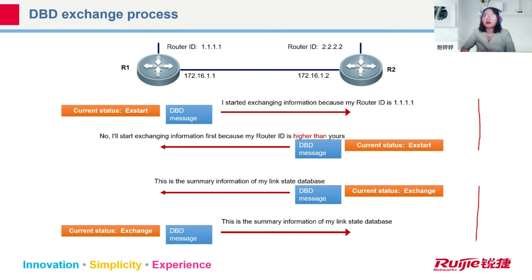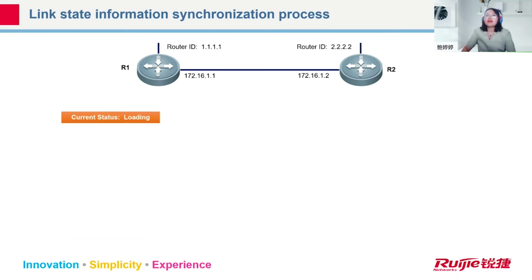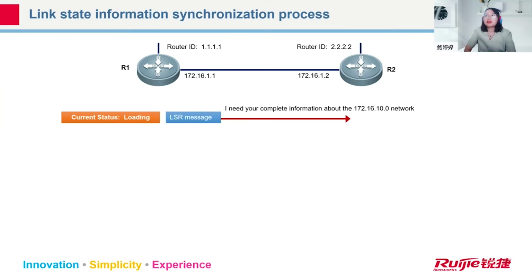And the question here, of course, when you enable the OSPF configuration, they will exchange automatically. Send out the database description also about the hello packets. And then after we receive the summary from my neighbor side, I will compare it with my database. And then if I found that there is some information I don't have, I will send the message of LSR, and I need your complete information, your detailed information of